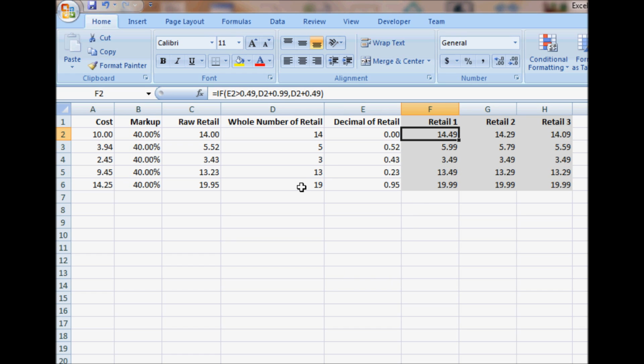Now, to calculate retails, a lot of times people want to round their retails to something that ends in a 9. And this first example, I've rounded everything to end in 49 or 99. And you see the if statement here that I've used to do this. I've put in an equal sign and if. I open my parenthesis, and then I use cell E2, which is the decimal part, and I say if E2